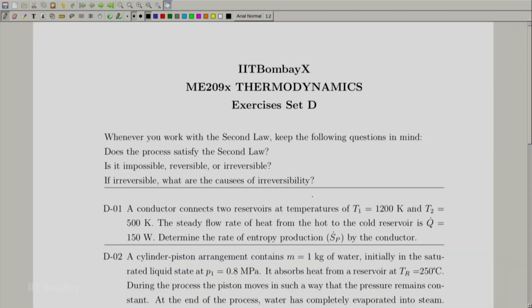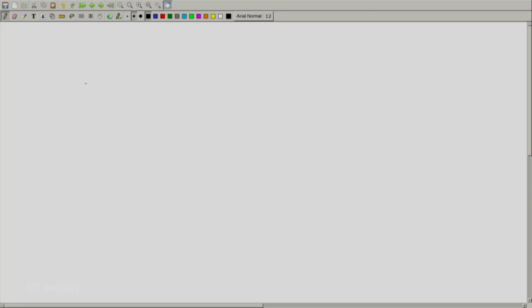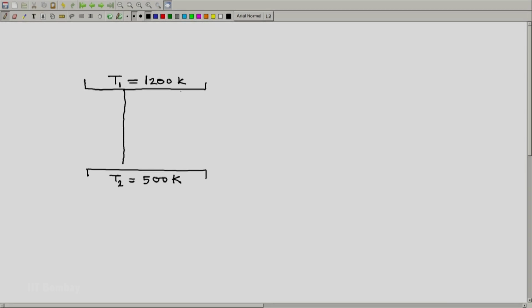First, let us look at the very first exercise here, D01. What we are provided here is some sort of a conductor, a system called a conductor, which connects two reservoirs at two different temperatures. Let us sketch it like this. We have one reservoir, we have another reservoir. This reservoir is at T1, which is at 1200 K, and this reservoir is at T2, 500 K. And there is some system, it could be a solid metallic block, or it could be something else which connects